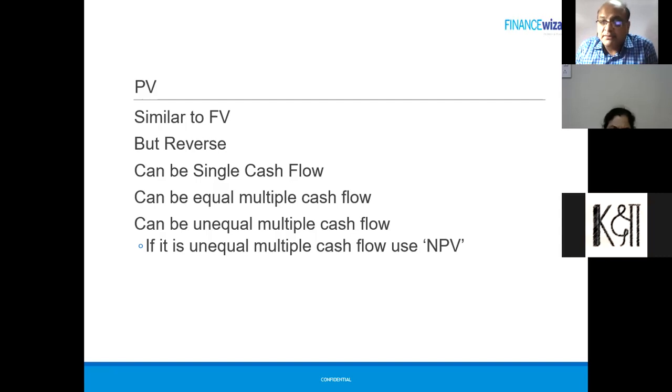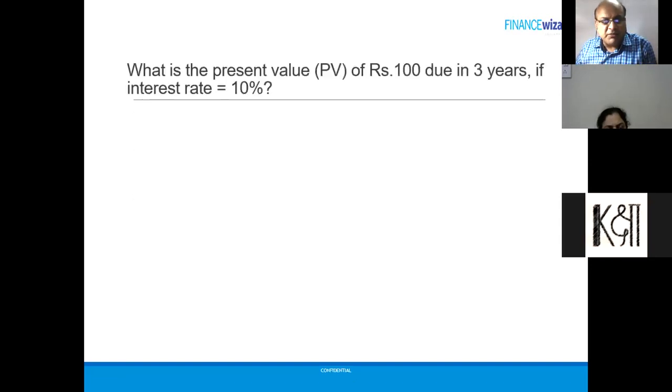And please understand, NPV is a very, very useful formula from the point of view of financial plan, because from exam point of view or from normal point of view, whenever we calculate insurance requirement, retirement thing, we use PV. It is easy to use PV. But when we make a financial plan for retirement, insurance, everything, we are going to use NPV. So NPV is a very interesting formula. I'll tell you what is NPV. But first, let's do PV.